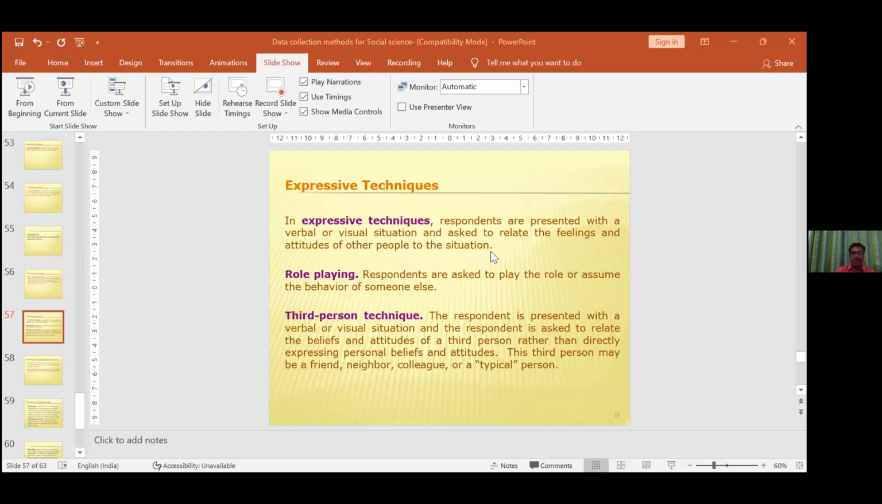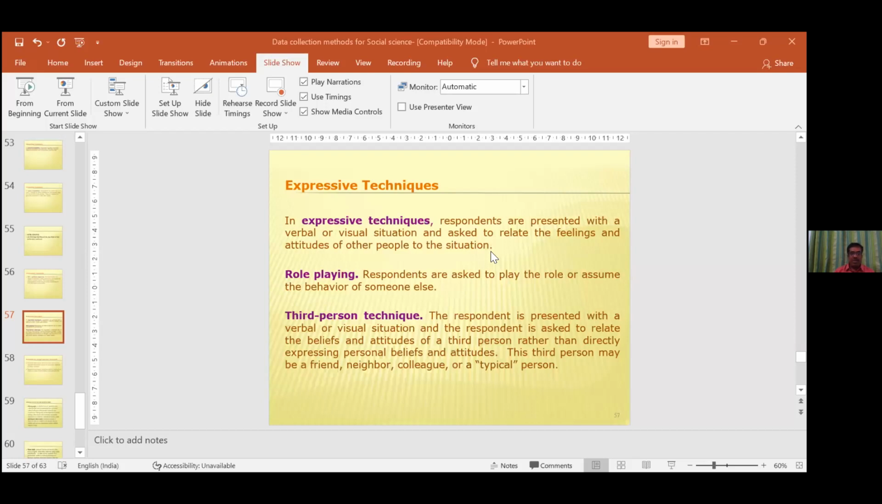Finally, let's take the third person technique. What is a third person technique? The respondent is presented with a verbal or visual situation, and the respondent is asked to relate the belief and attitude of a third person rather than directly expressing personal belief and attitude. The third person may be a friend or neighbor or colleague or typical persons. What is meant by the term third person technique? Say, for example,